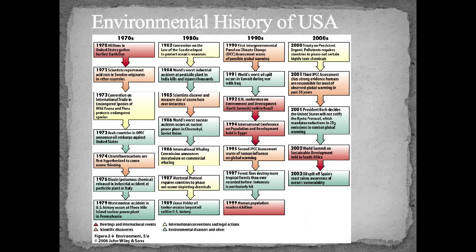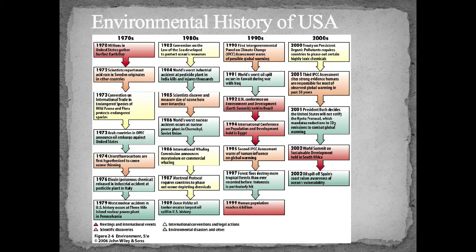Here's a nice flow diagram looking at the environmental history of the U.S. from 1970 to 2002. I want you to pause this and take a look and read through each one, which happened and when. I'm going to go through a couple key ones, but I would like you to pause and look at all of them. Alright, so starting out to begin with, 1970, it was the first Earth Day. Alright, and then I'm going to jump down here.